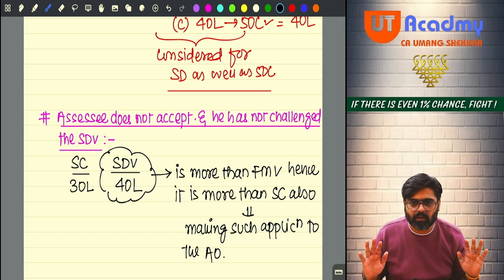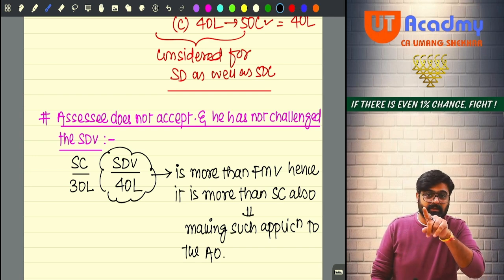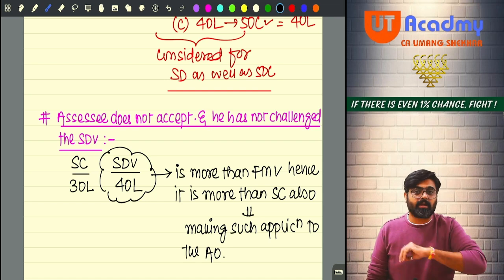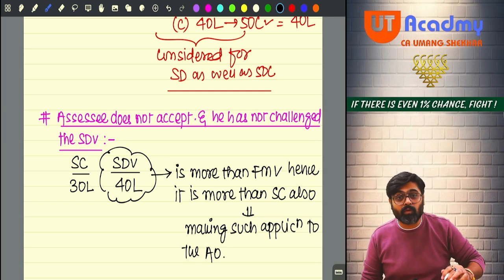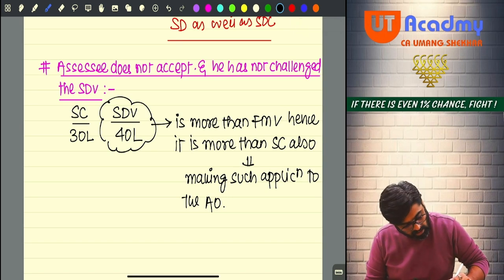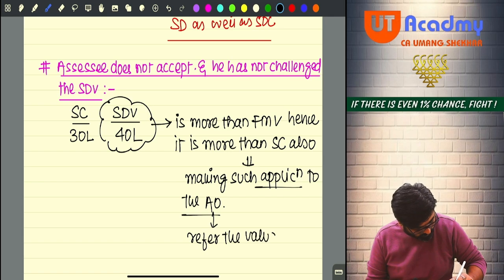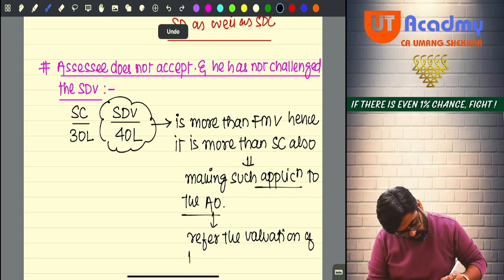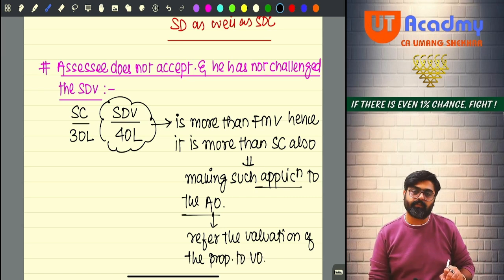Right? No? But this assessee cannot be trusted. See, he is telling us the logical thing, but he cannot be trusted. We will have to get the property valued ourselves. So what the AO will do now, on this application coming from the assessee, is refer the valuation of the property to whom? To the VO. VO means